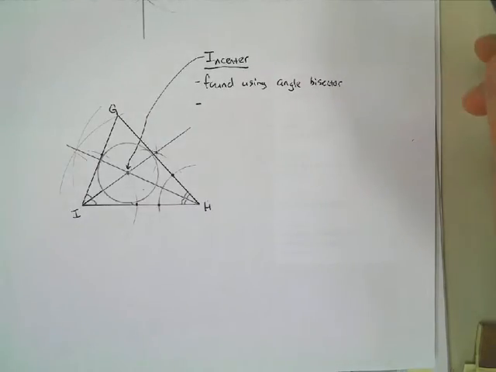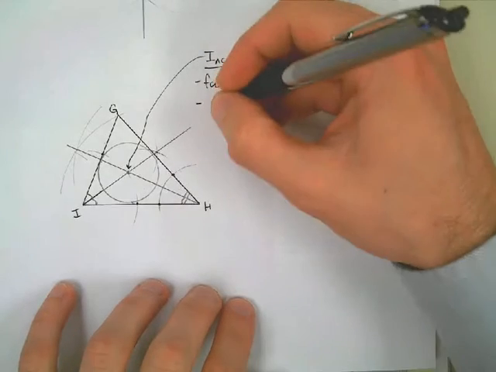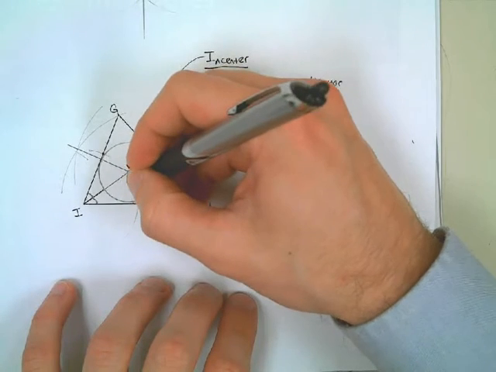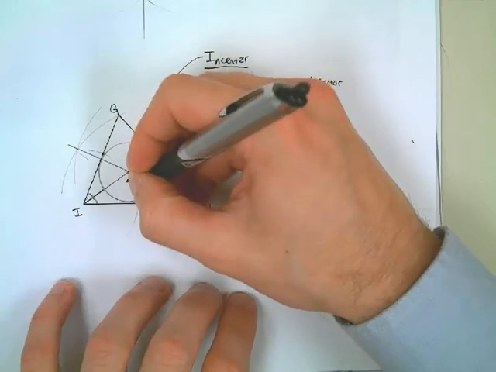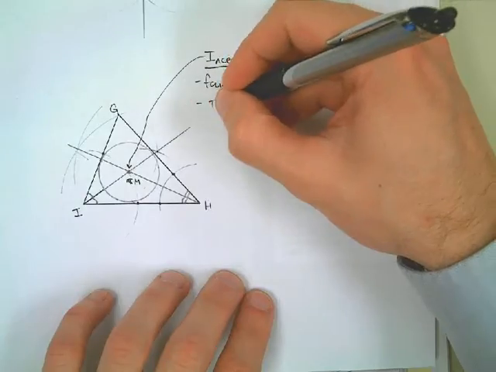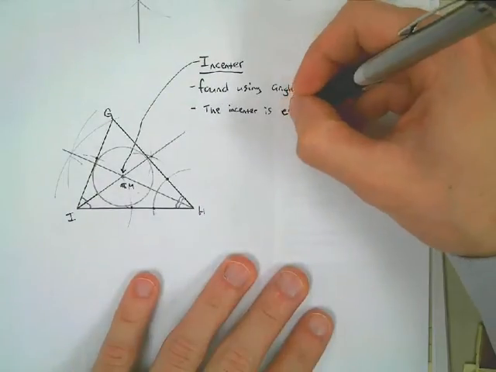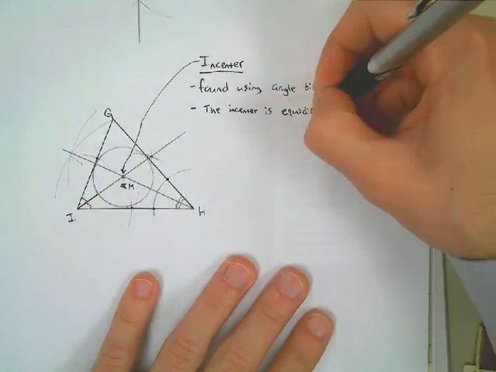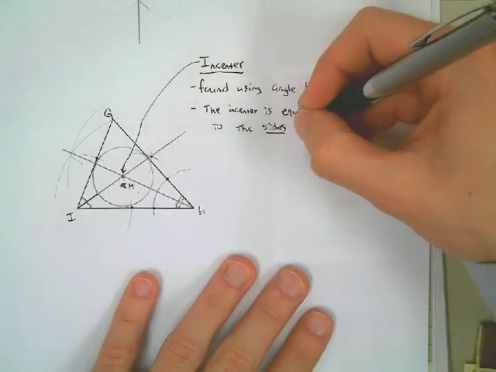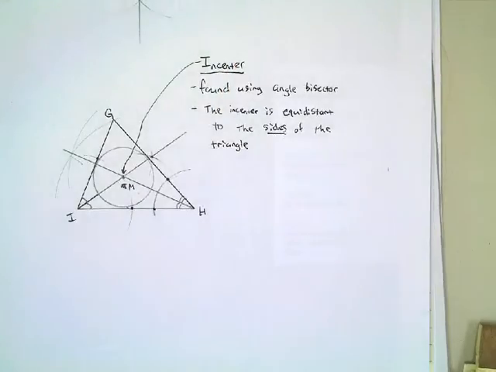So in this case, I'll call this incenter point I. Oh, no, I already called it I, can't call that. So I'll call this M for the incenter there. Okay? The incenter is equidistant to the sides of the triangle, which is shown here by the fact that the